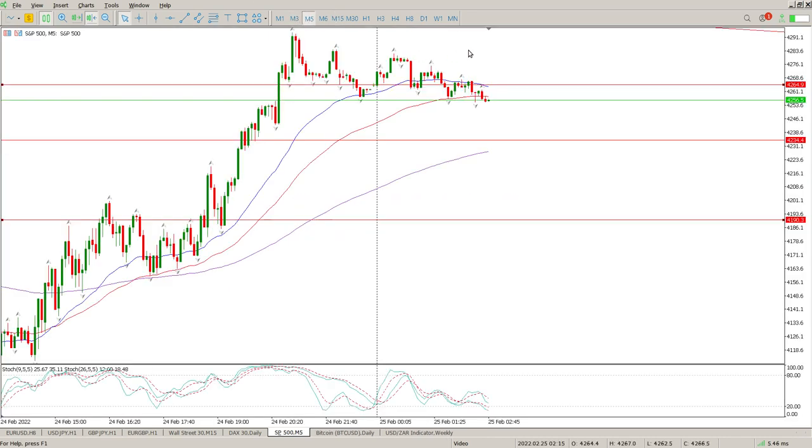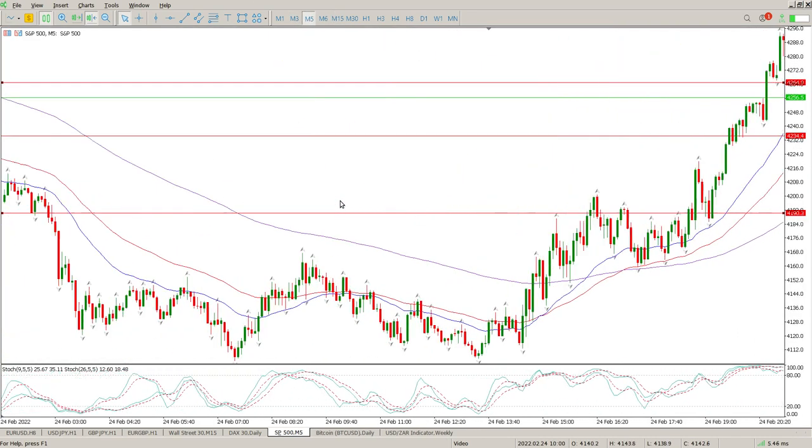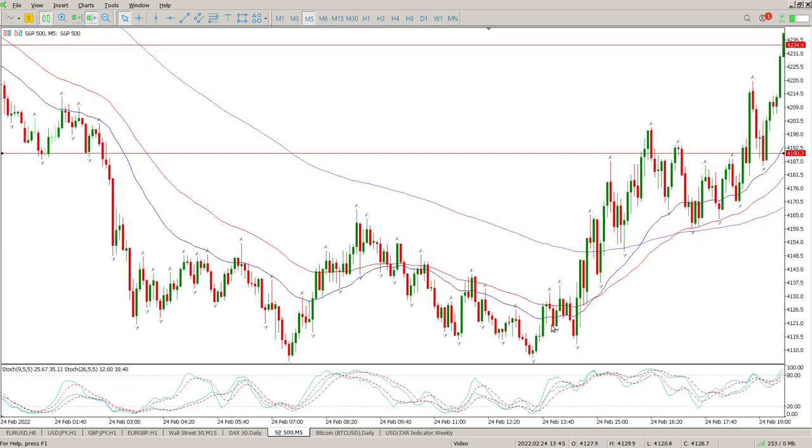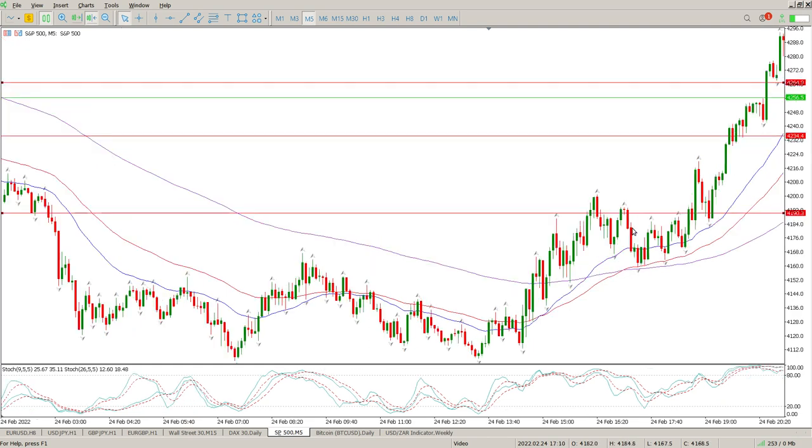And I'm just going to finish off on the 5-minute. What I'm talking about here, you can see, when we did the video yesterday, we were kind of falling, still moving averages far away. There's nothing really indicating that there's a potential turn until we get the crossover here. We get a break above the 155, come back, we get another break above 55 with a gap, and the 155. So there's your test of the 155. There it is there. So that was your entry,